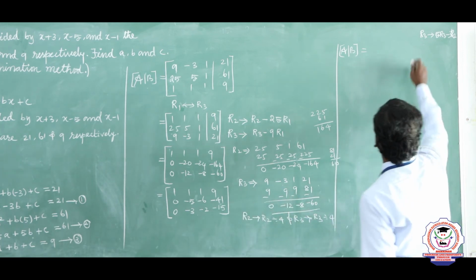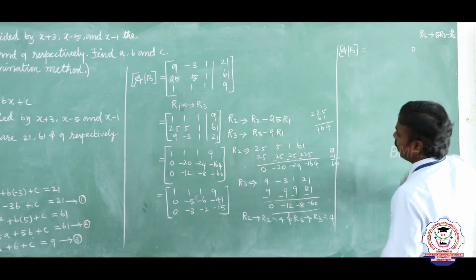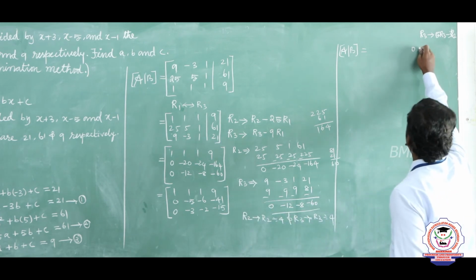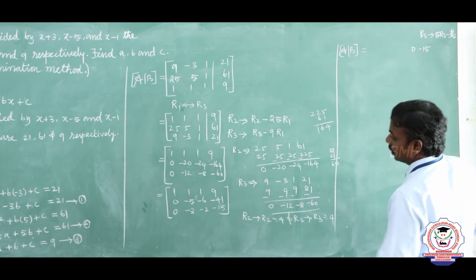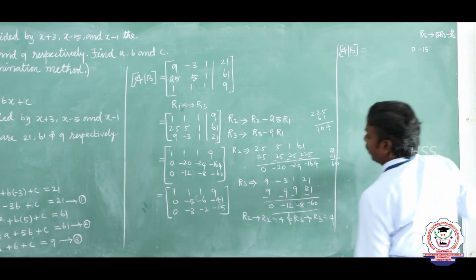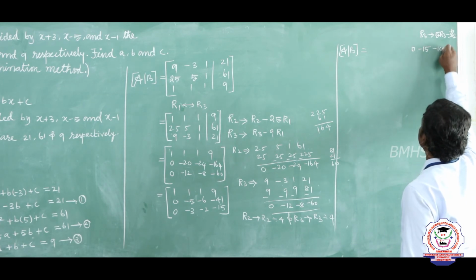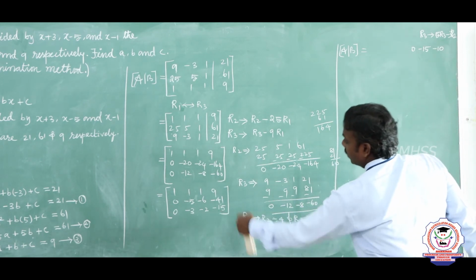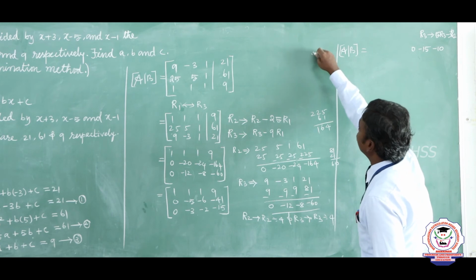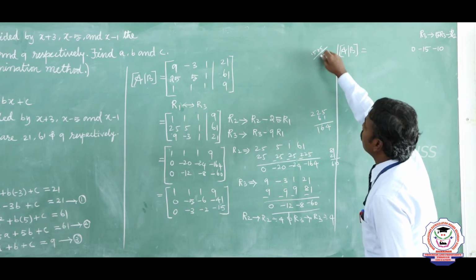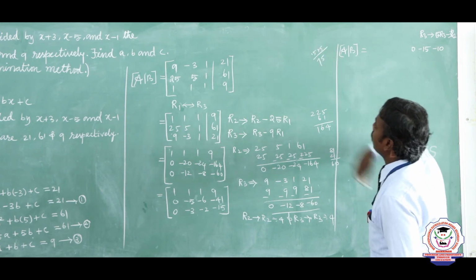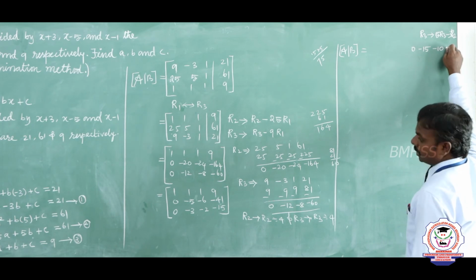So what is the result? 0. And 5 3s are minus 15. Listen, 5 2s are minus 10. And 5 15s are, 15 into 5, what will come? 5 5s are 25, 5 1s are 5, 75. Therefore minus 75.